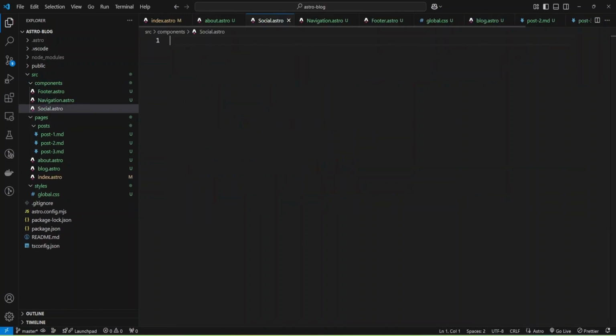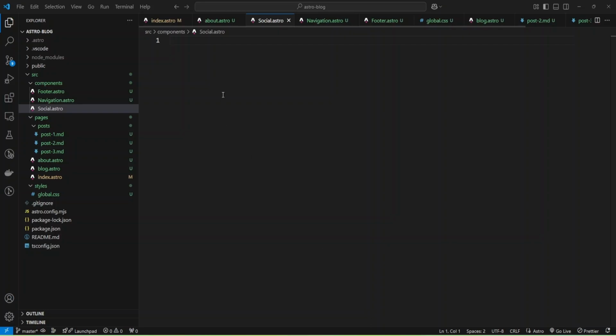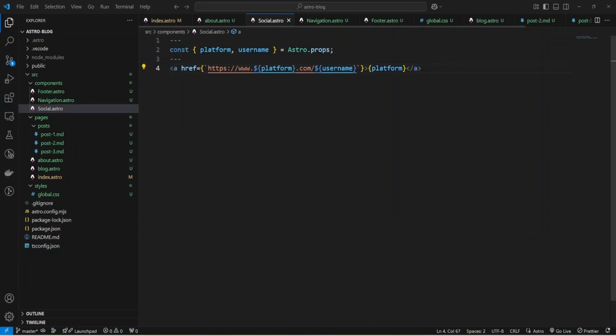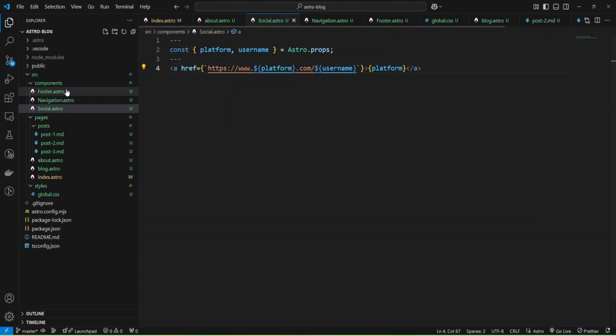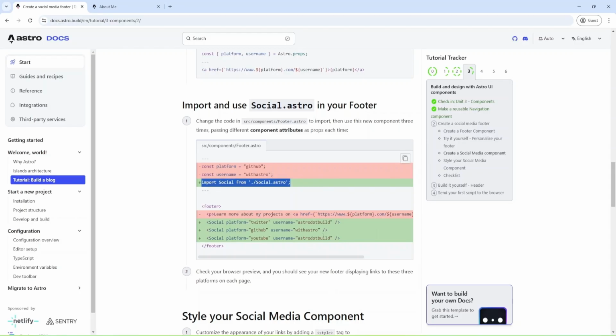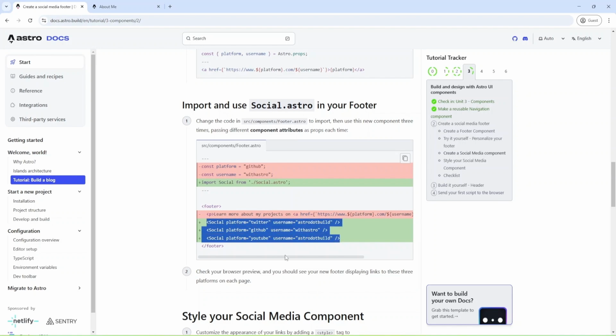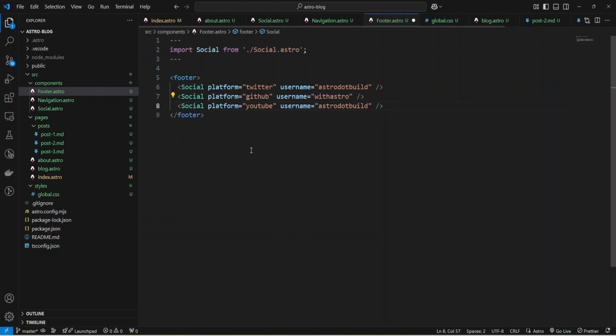Okay, and I'll just take this code and we'll provide it here. Okay, and now we can import it inside our footer instead of these variables, and change the paragraph to this component.